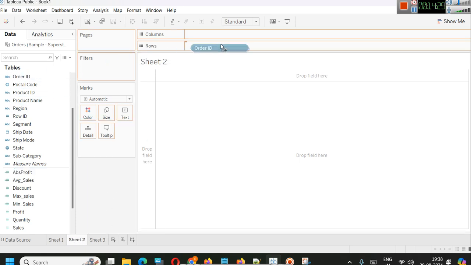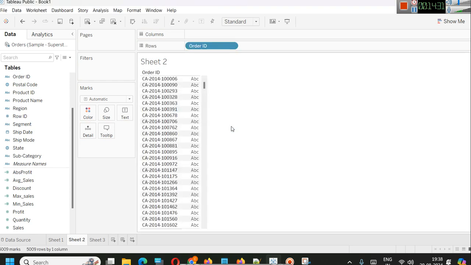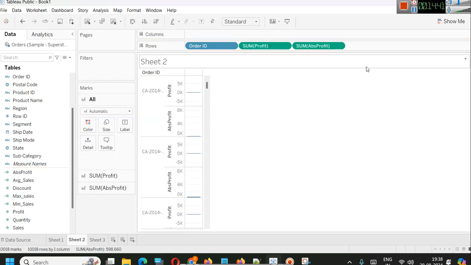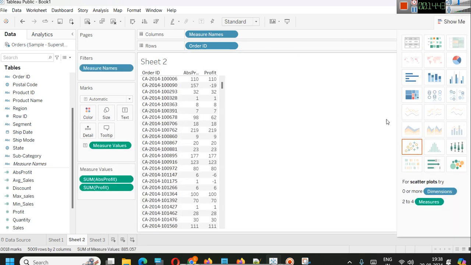First of all, we'll drag order ID, add all members, then we will drag profit. So this will give us profit per order, and then we have ABS profit. So we'll get that also. We'll change it to text view, and here you can see it is actually sum of profit, and this is sum of ABS profit. So you can see the difference, because